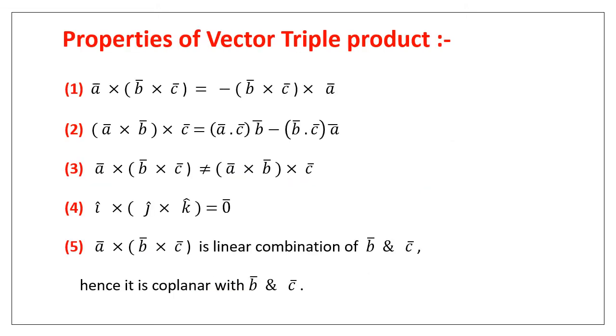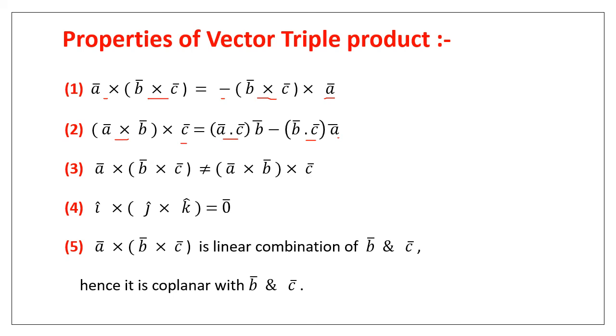Now we'll see the properties of the vector triple product. See student, A bar cross (B bar cross C bar) equals minus of (B bar cross C bar) cross A bar, which means the vector triple product is not commutative. Then (A bar cross B bar) cross C bar gives us (A bar dot C bar) into B bar minus (B bar dot C bar) into A bar,